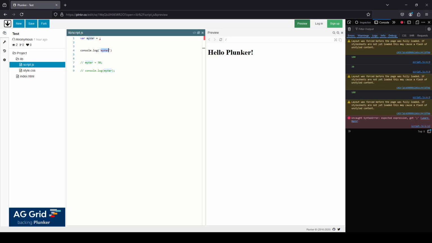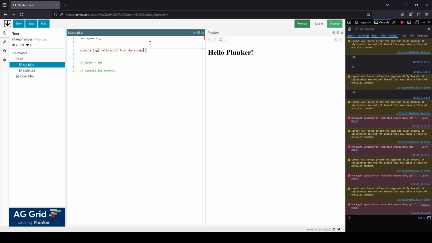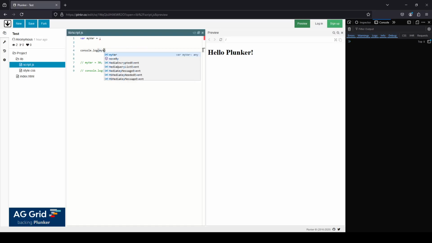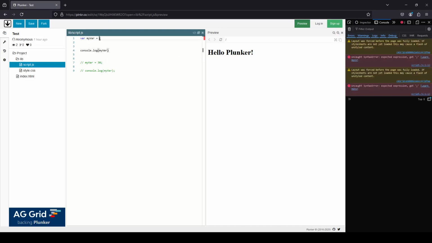I want this to be inside of the variable, and then I would use the variable to print it out. So I could set here the text. Let's say hello